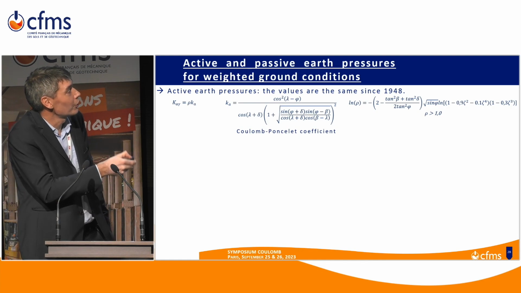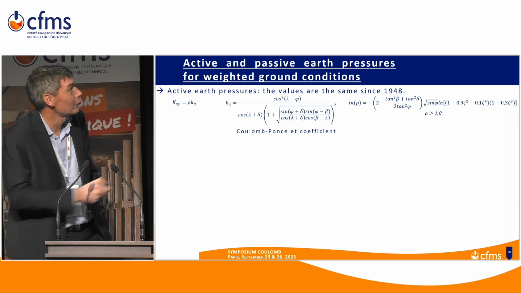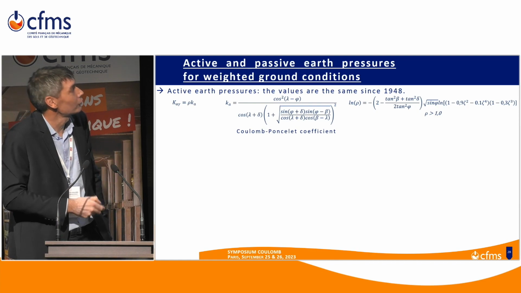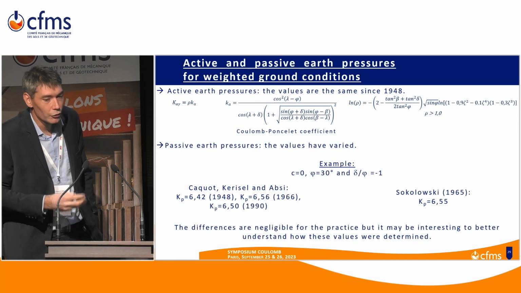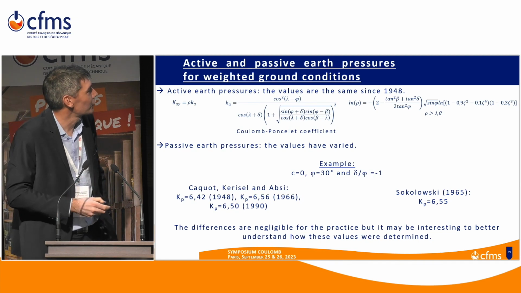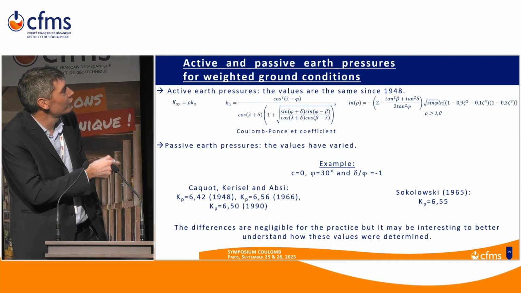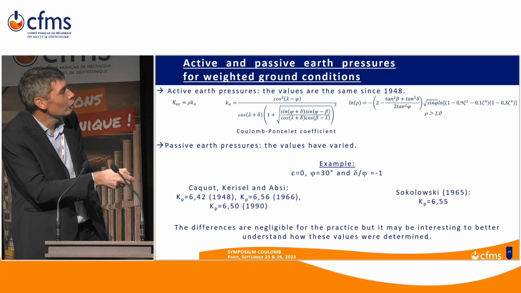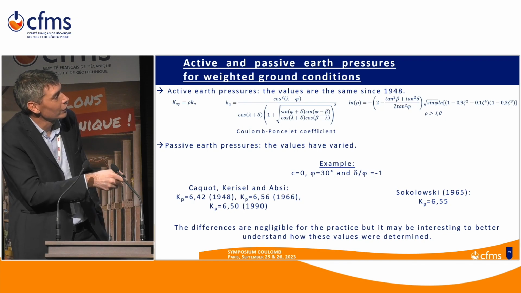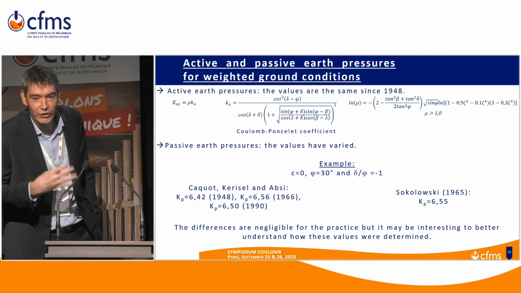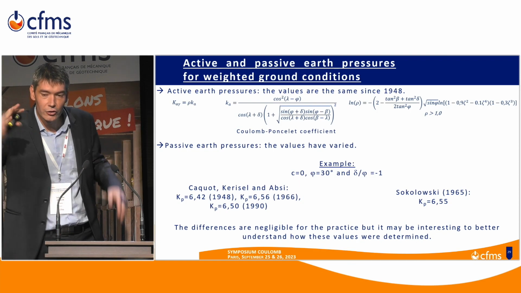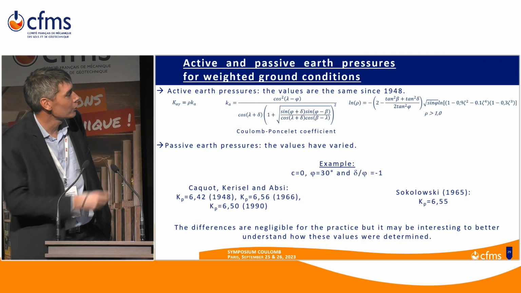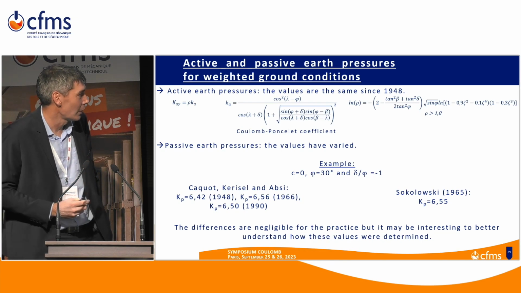But it's important, for example, if we come back to the red book with the Caquot-Kérisel values, this equation can be used to assess or to directly calculate the numerical values. Regarding the passive earth pressure, the situation is a little bit more complex, I would say, since according to the tables, we have different values of the passive earth pressure, so 6.44, 650, 656, which are very close to the values determined by Sokolovski in 1965. So of course, these differences are negligible for the practice, and the selection of the friction angle or the selection of the stress inclination on the wall are more important,